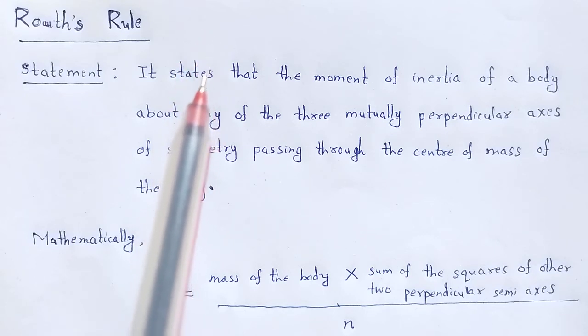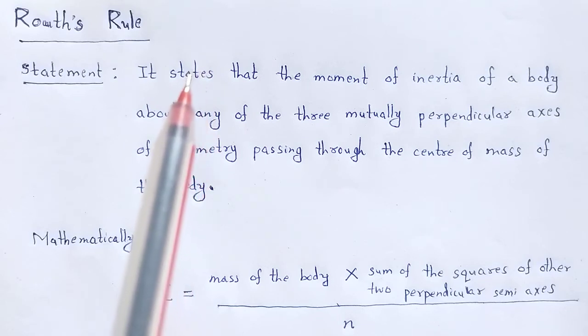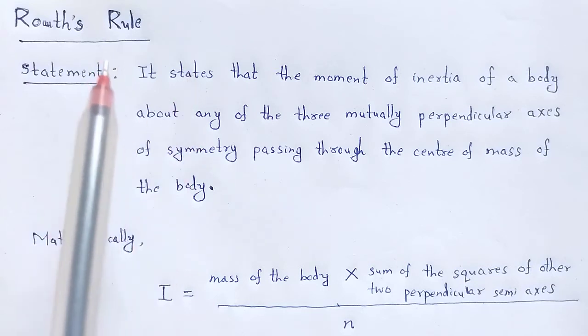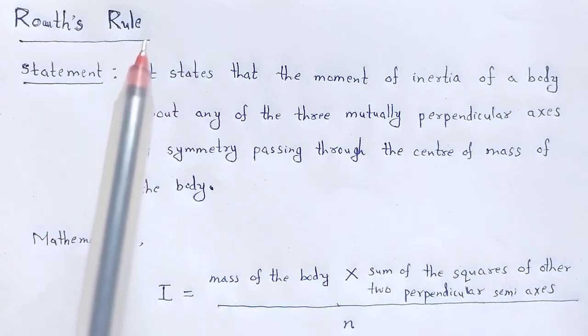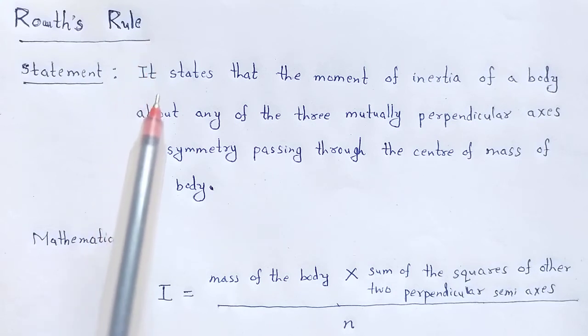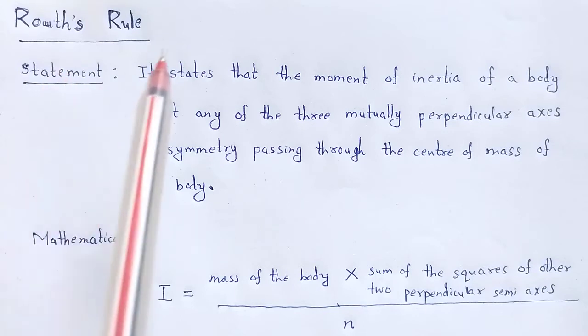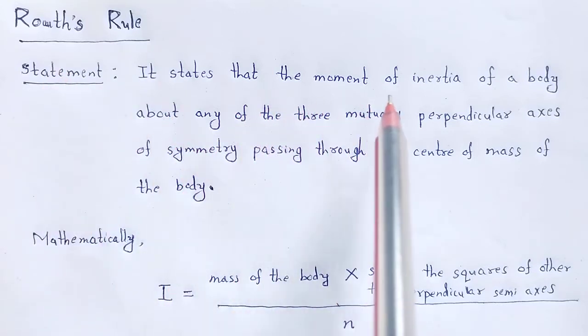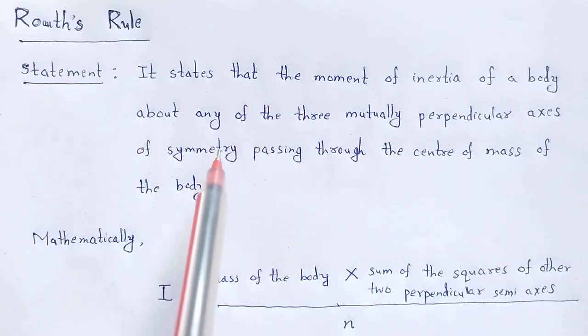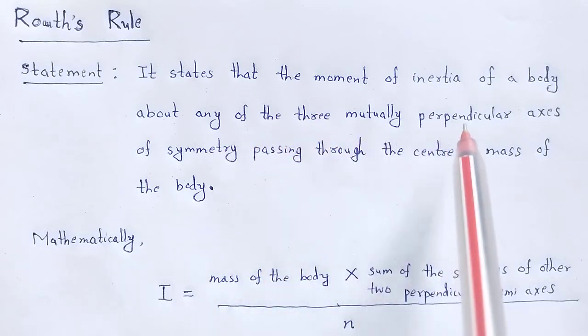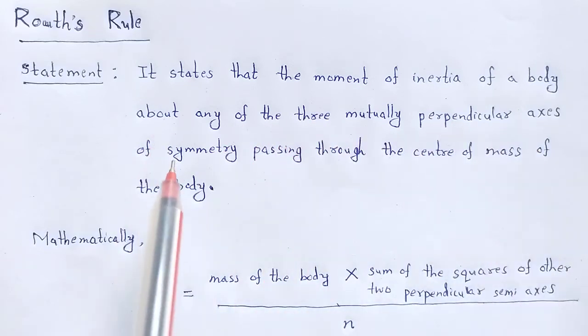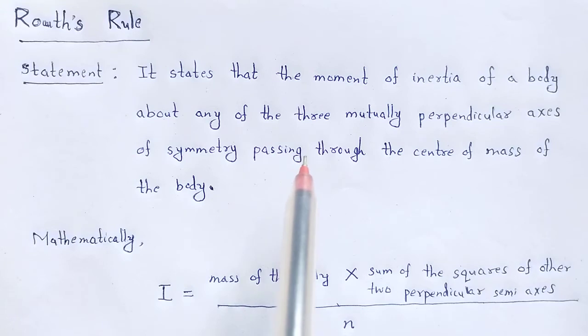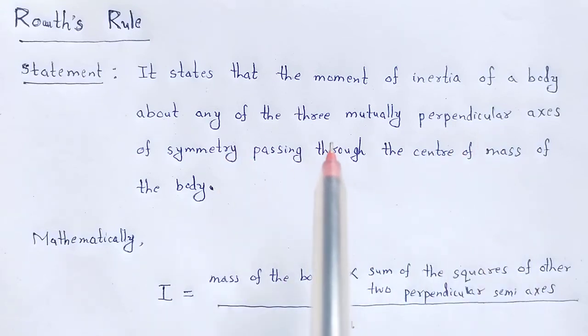There are so many methods to find the moment of inertia of a rigid body in rotational motion, but this rule helps us find the moment of inertia of symmetrical bodies. The statement of Routh's rule states that the moment of inertia of a body about any of the three mutually perpendicular axes of symmetry passing through the center of mass of the body,